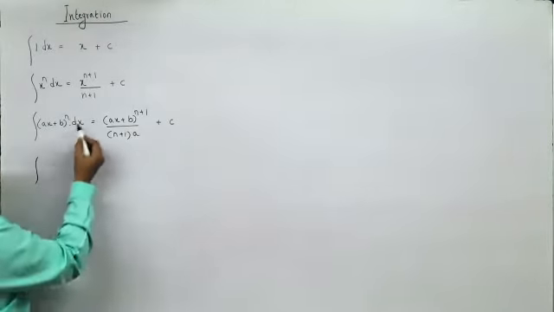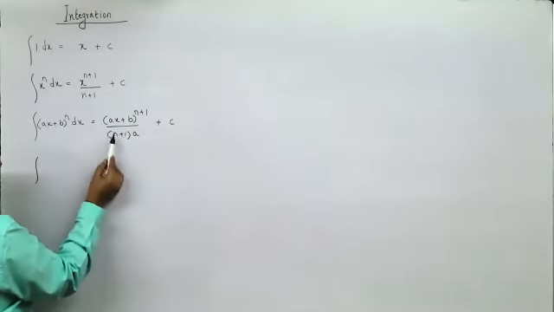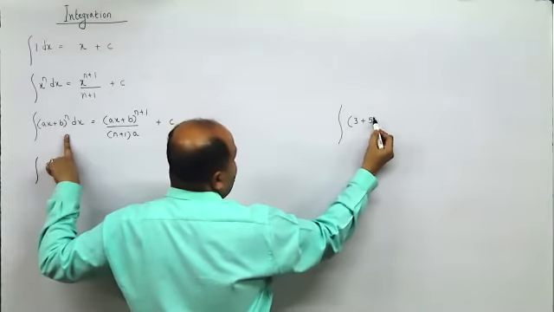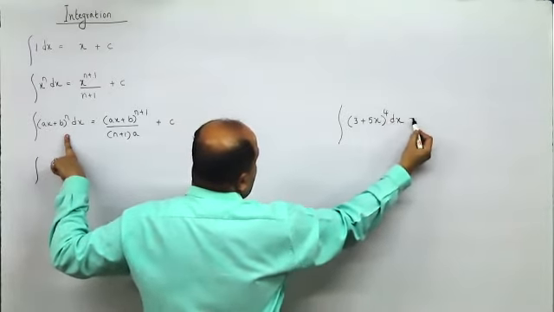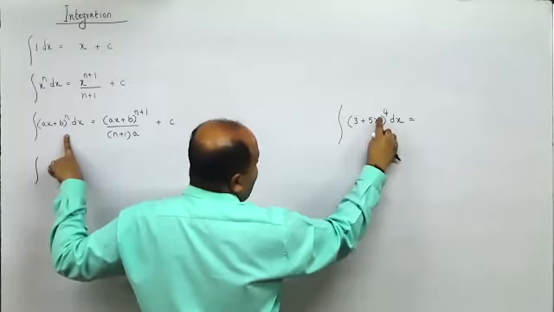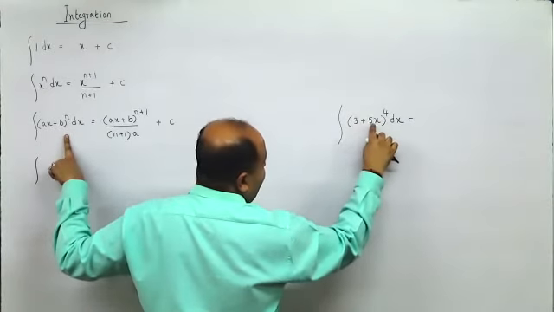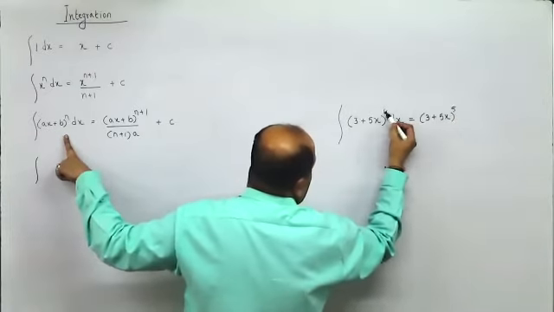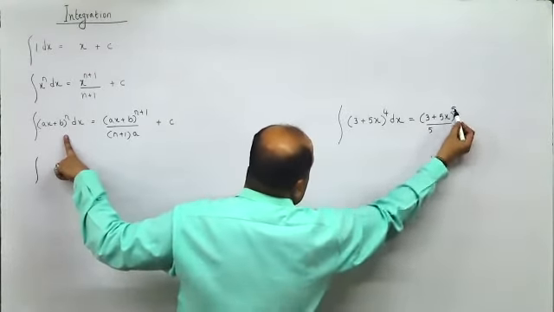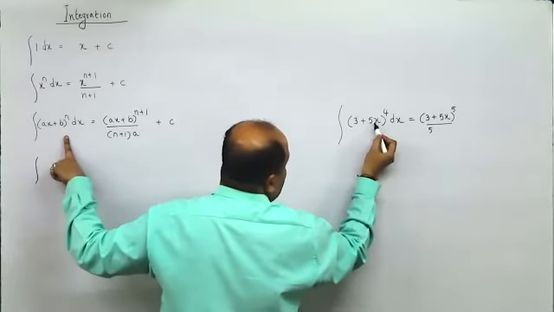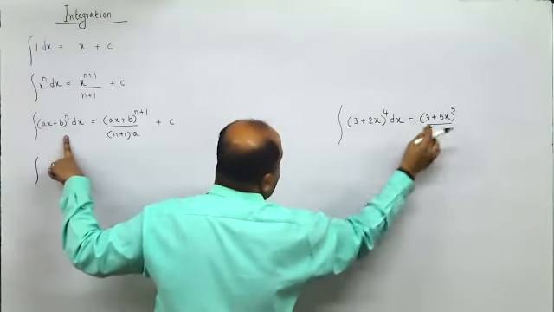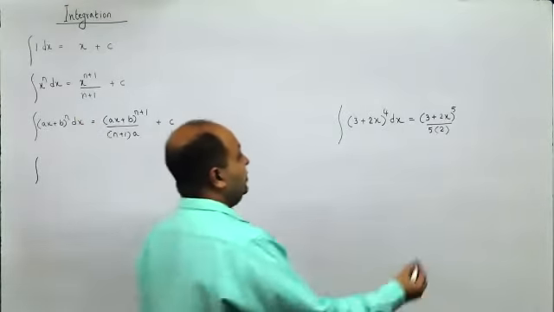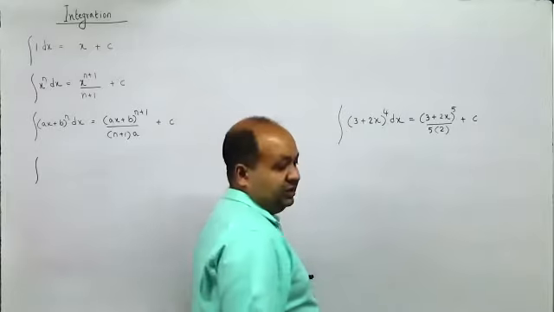Next, having said this, I'll give you an example here. Suppose I say 3 plus 5x raised to 4. Then this is linear because the power of x within the bracket is 1. So this is linear. I can treat this as x. This would become 3 plus 5x raised to the number plus 1 divided by number plus 1 over here, and then into this coefficient. Suppose this is 3 plus 2x, then this would become 2x, and this would be into 2, and there would always be a constant associated with it.